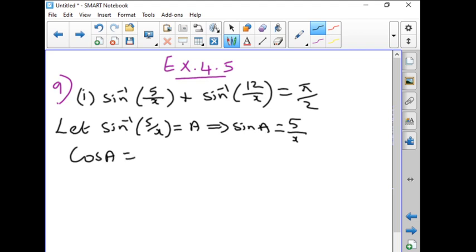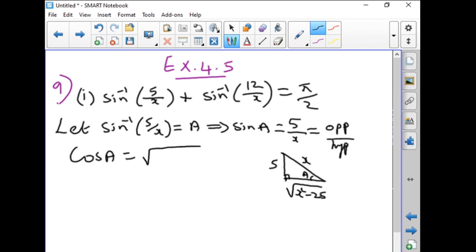To find cos A, we have to put this in a right triangle. This is opposite by hypotenuse. So, this is A and this is 90 degrees. Opposite is 5 and hypotenuse is x. So, the adjacent side is root of x square minus 25. Therefore, cos A is equal to root of x square minus 25 by